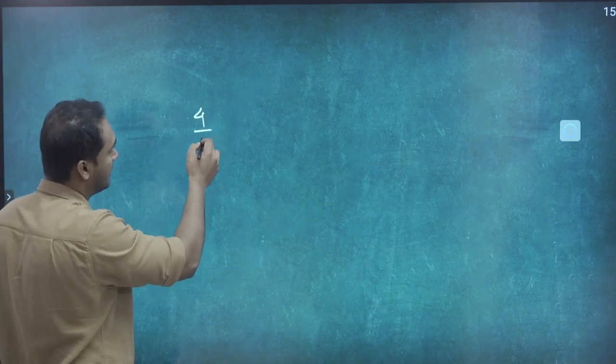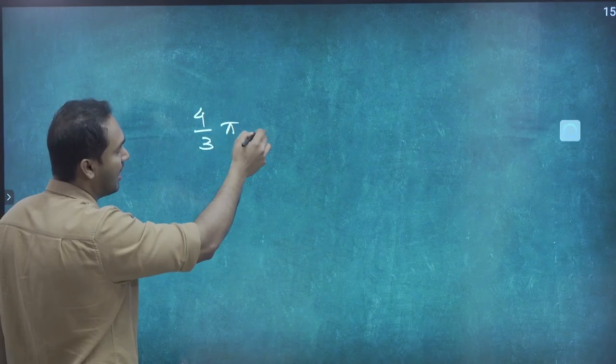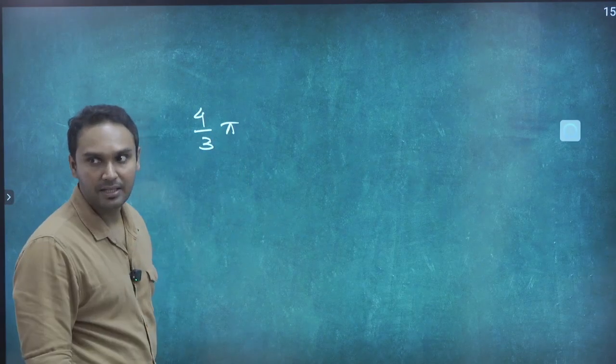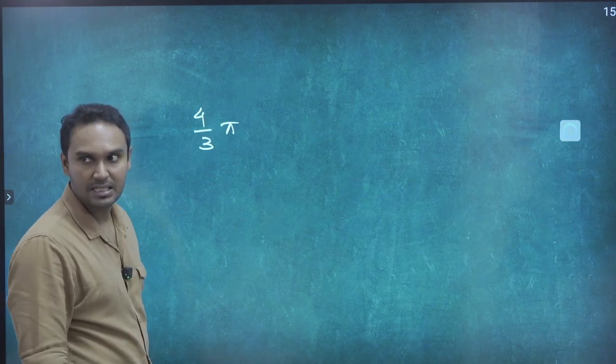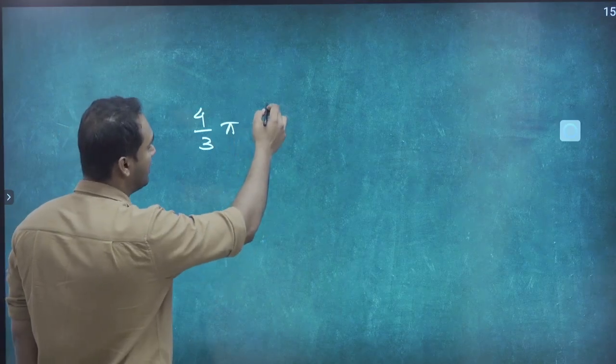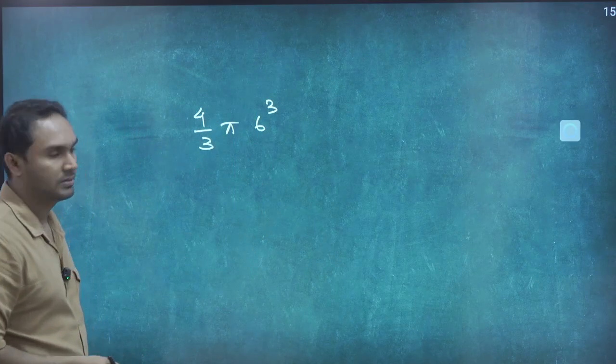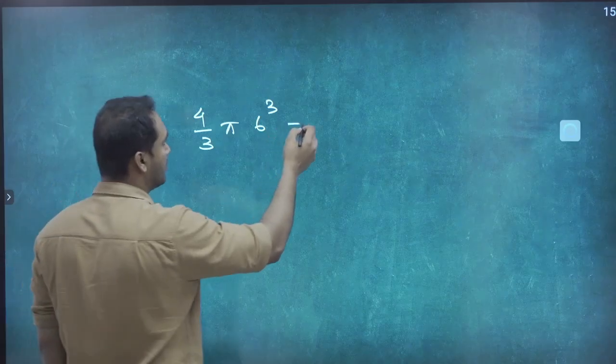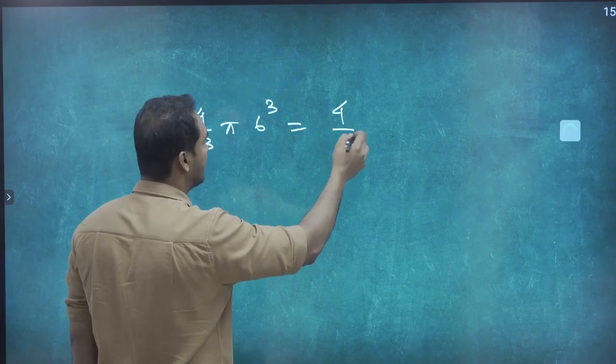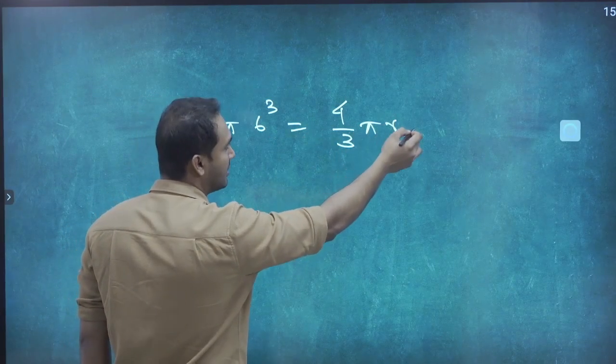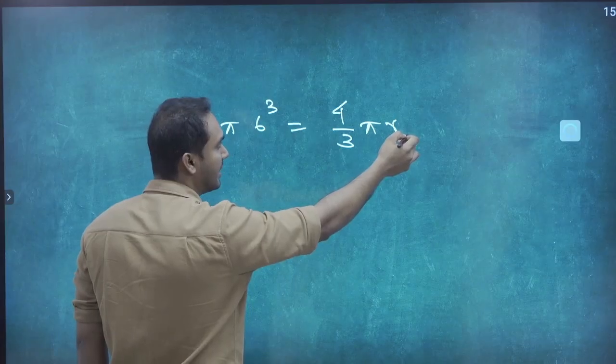What is the formula to find the volume of a sphere? Yeah, 4/3 πr³. So you're going to equate that, right? So 4/3 πr³, in the sense the large sphere's radius is given as 6, right? So 6 centimeter cubed. I'll keep the centimeters away now. 6³ should equal 4/3 π r, the small sphere radius, cubed, times